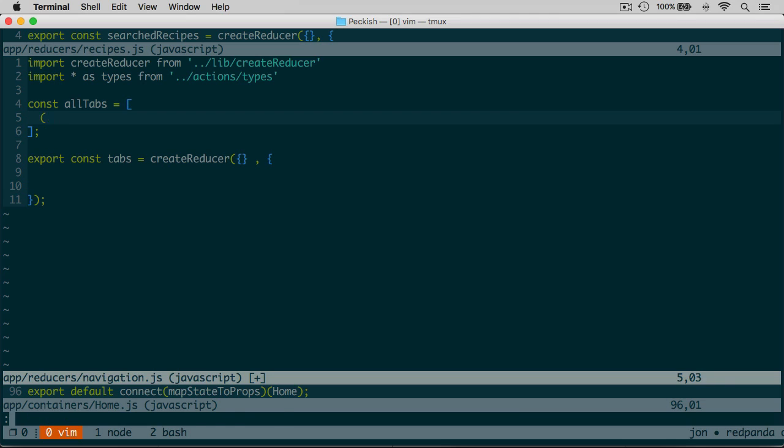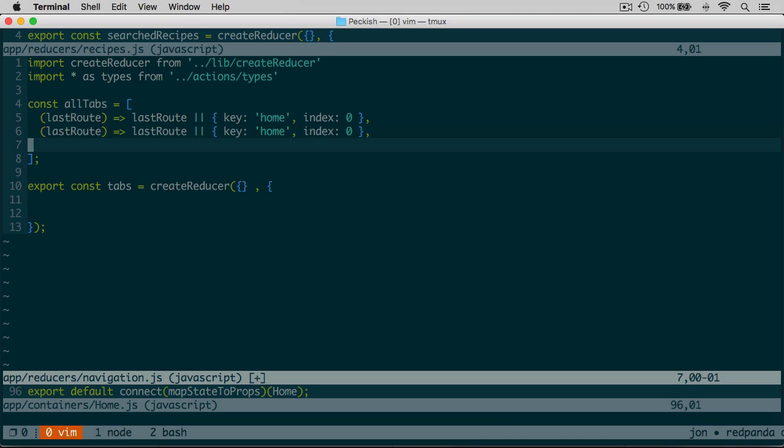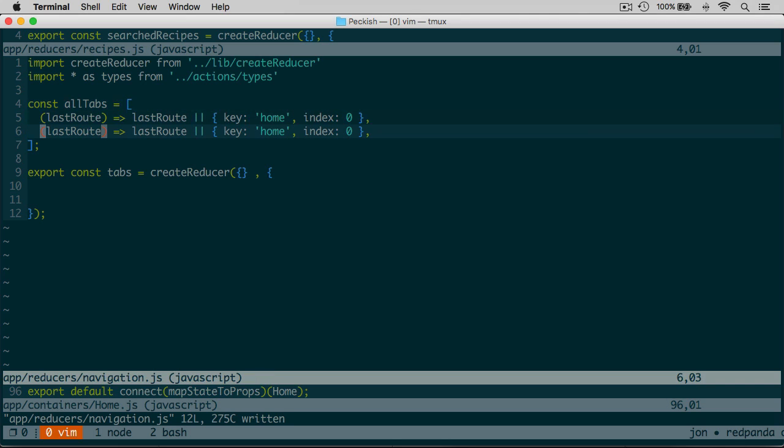It's going to be an array of functions, which will take in the last route, and it will either return the last route, or if there's nothing, it will do Object.assign, and it will return key home, and then the index, which is the most important bit of data, is going to be 0. So either we return a function if you give me one, or we return a default for all tabs, which is going to be the new